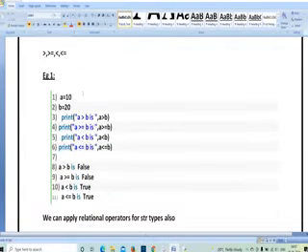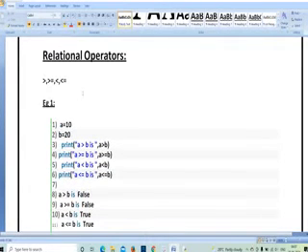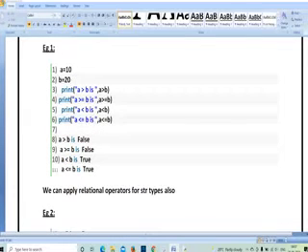Next, relation operators. If I have two numbers, you are going to get different relations like greater than, less than, greater than or equal to, less than or equal to, not equal to. These are the things with which we can find the relations of two variables. So here you can see a is equal to 10, b is equal to 20. So a greater than b,